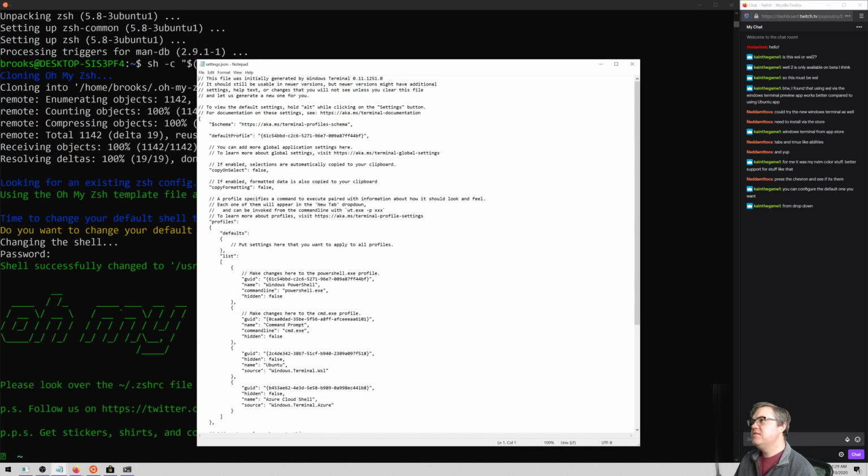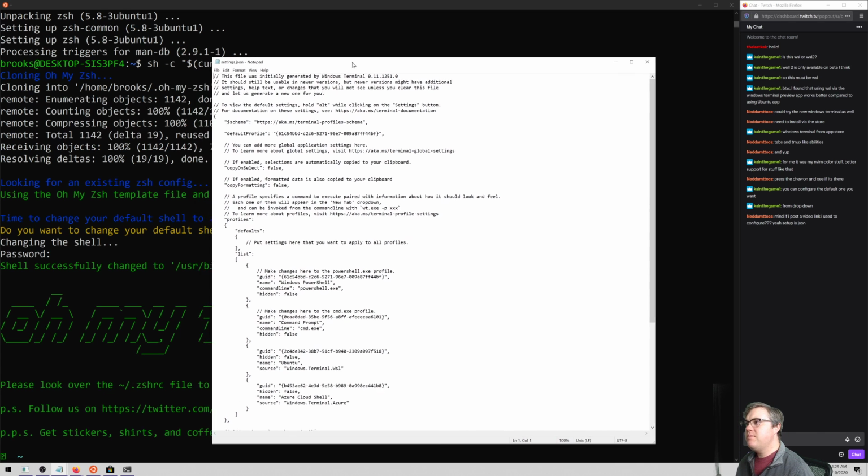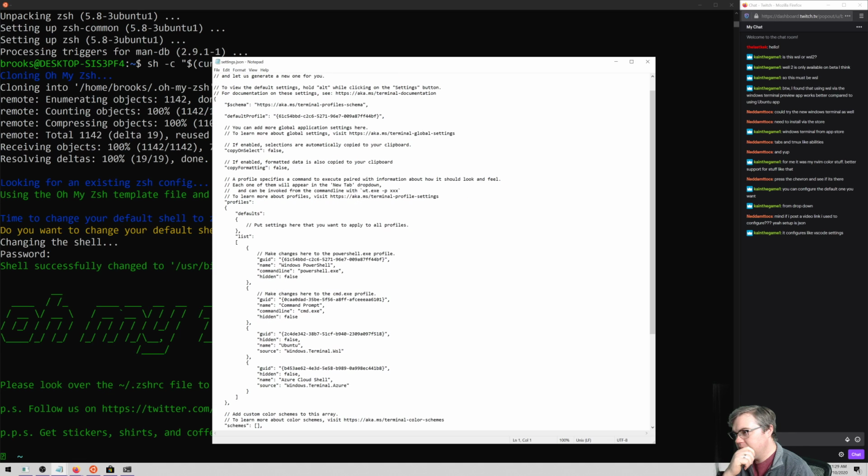This file, let's see. I hope there's no secret stuff in here. So hidden false, Ubuntu. How do I set defaults?